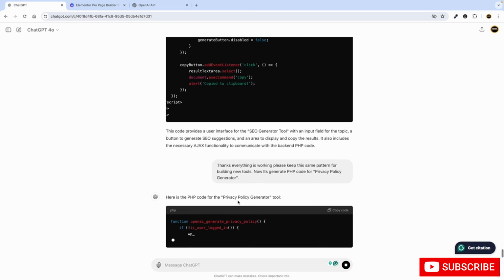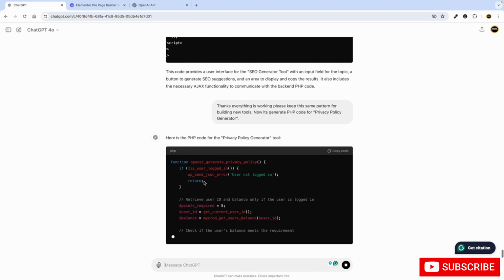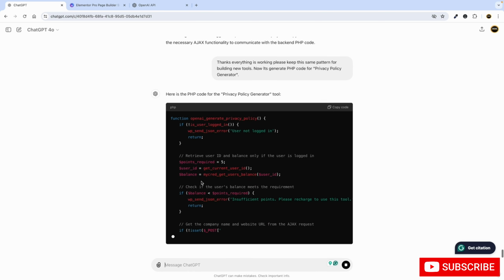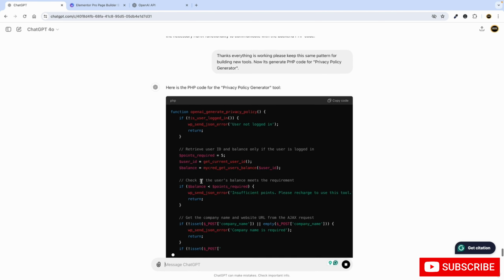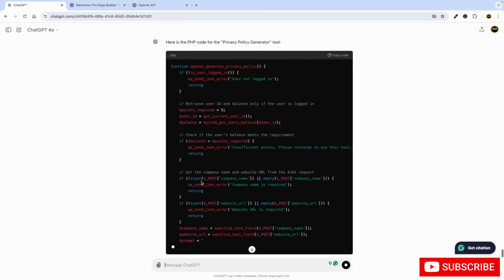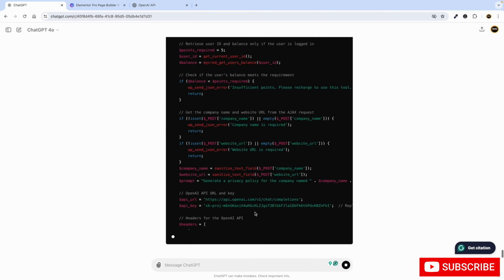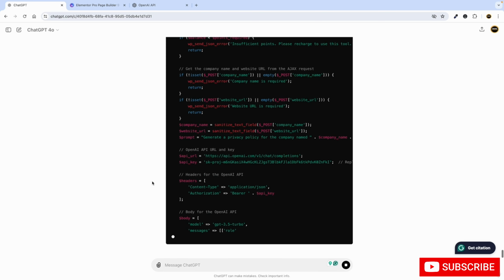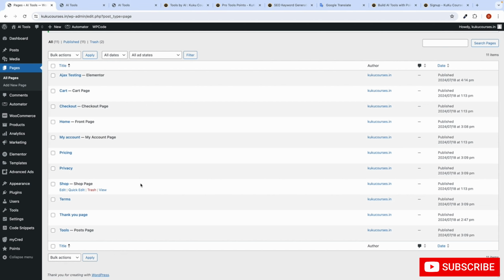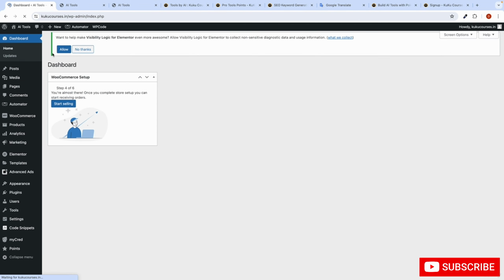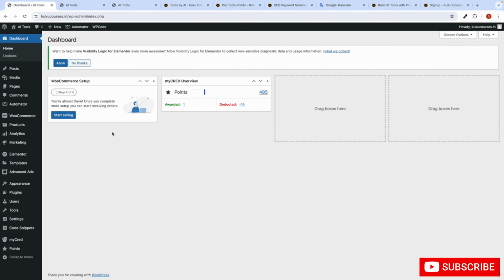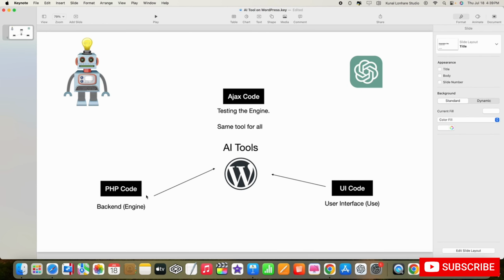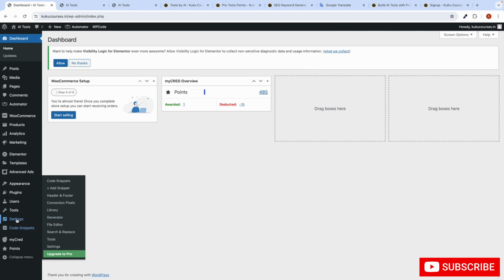Okay, and here you can see it is now generating the PHP code for us. Okay, awesome. Now here you can see it has automatically included the API key and all. And as we have told you, whenever we have to create the backend, we have to go here to the